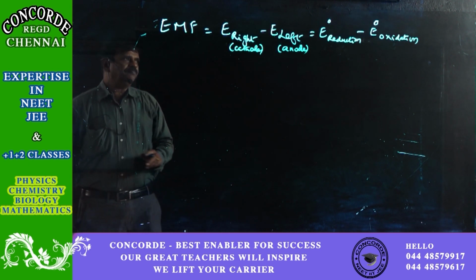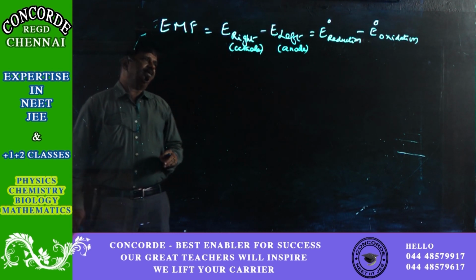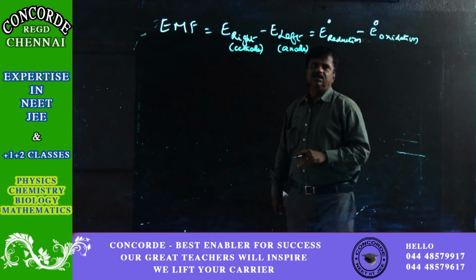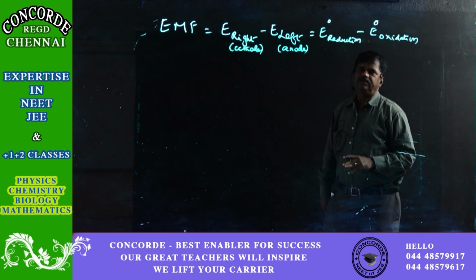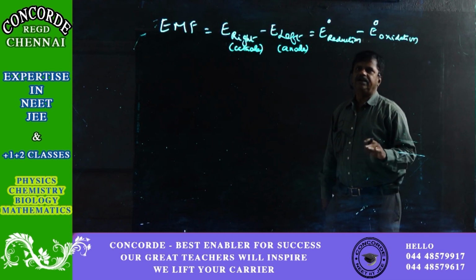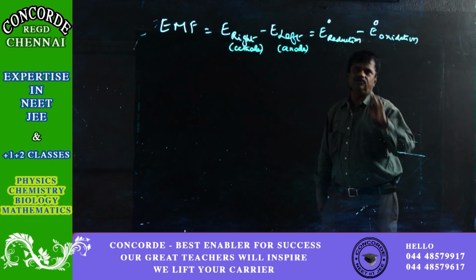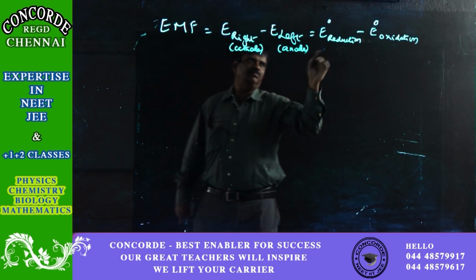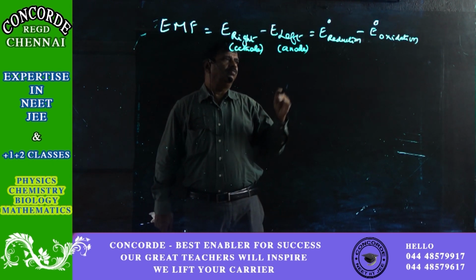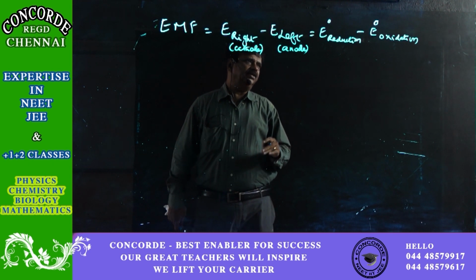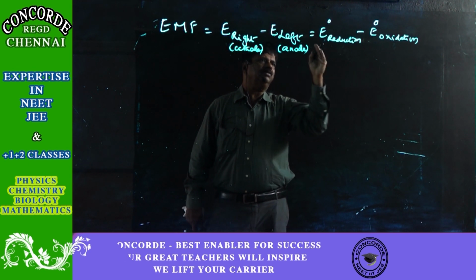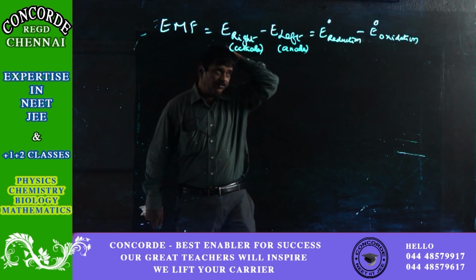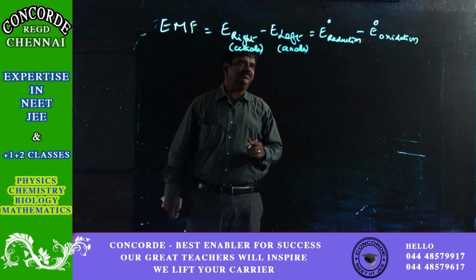Now we can find out the standard reduction potential of various ions by connecting them to the standard hydrogen electrode. We have seen that also. The standard reduction potentials of most of the ions are all tabulated, and just reversing the sign gives you the oxidation. You also know that. Typically we have seen the Daniell cell or galvanic cell.